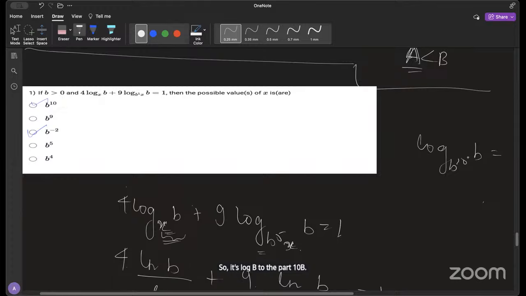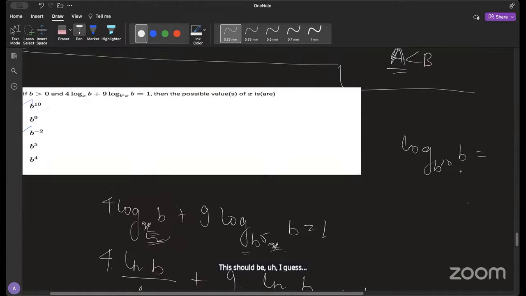This should be, I guess, b to the power 10. If you have a here, this means a, right? So it should be 1 by 10. So a should be 1 by 10. From here, you will get 1 by 10, 4 by 10 actually. And then from here, you will get 9 and b to the power 15. So you'll get